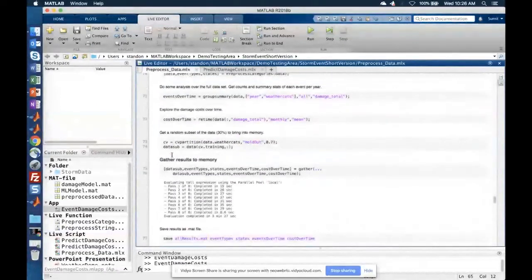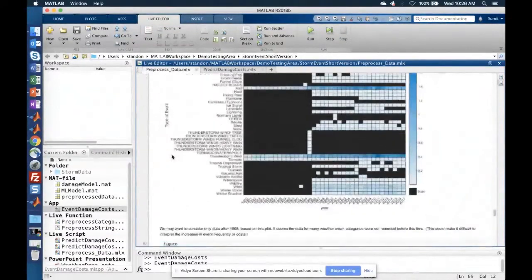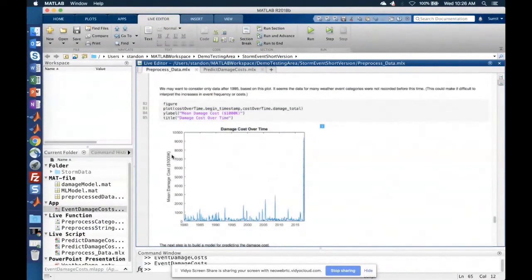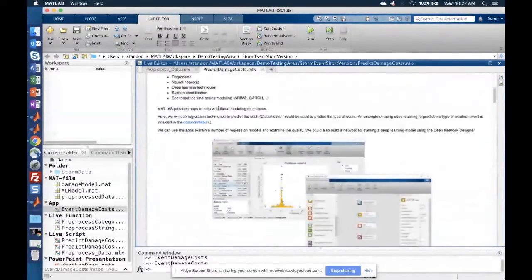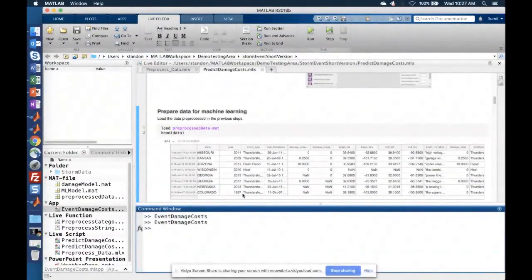But I just want to give you a sense of how I did the pre-processing of the data. As I mentioned, I'll give you the files. You can take a look at it, play with it at your own pace, and then let me know if you have any questions. But over to the main analysis. So I'll quickly step through this analysis and show you some of the things in action here.